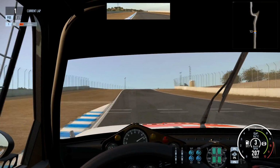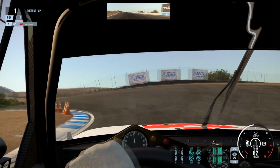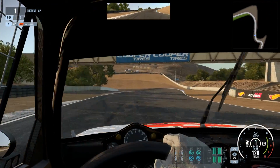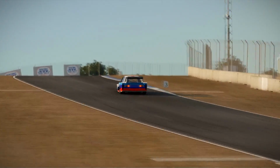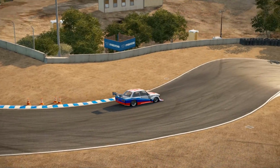there are some awesome ones. We have the Nissan Skyline, we have the Porsche 935, we have the Ford Capri. What else do we have? I think we have some kind of Datsun as well, but this is bar none my favorite car in the Group 5 category. It's the way it drives, it's just so nimble, so light, looks absolutely awesome, both interior and